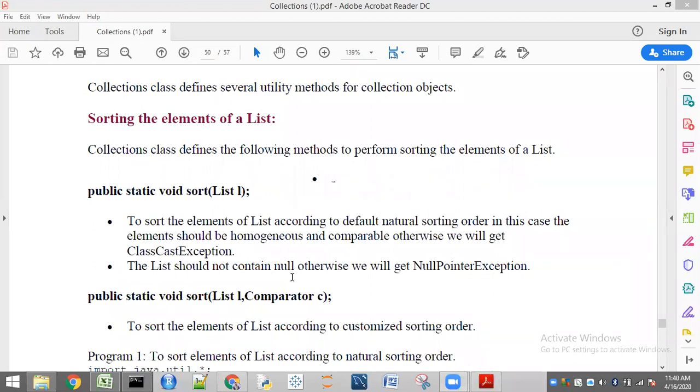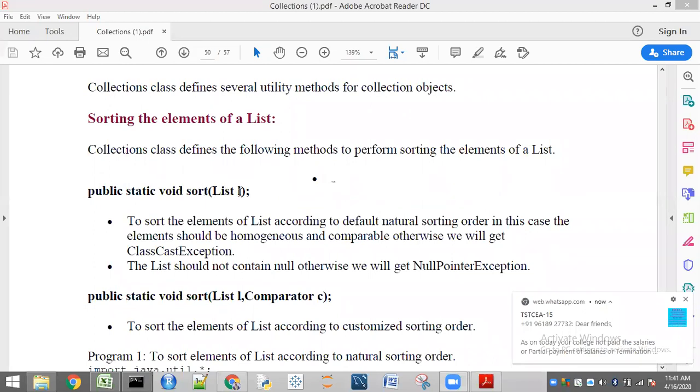If I want to arrange the group of elements in my own order, that means my customized sorting order, then I have to go for Comparator. In this case, I am not giving any Comparator object, so everything should be homogeneous elements. That means the list has to contain only homogeneous elements. Here we are applying Comparable, and internally the compareTo method will be applied to this sort.